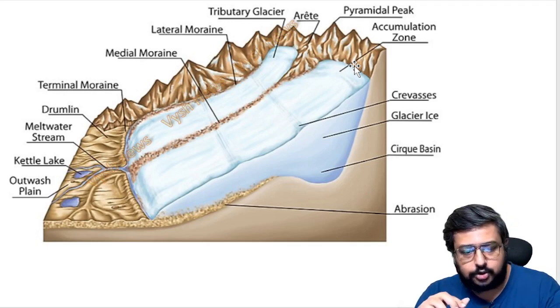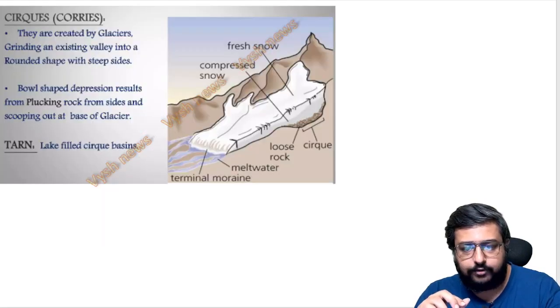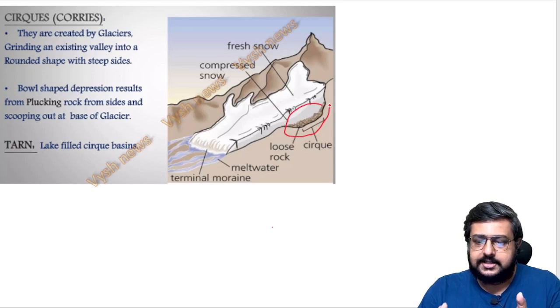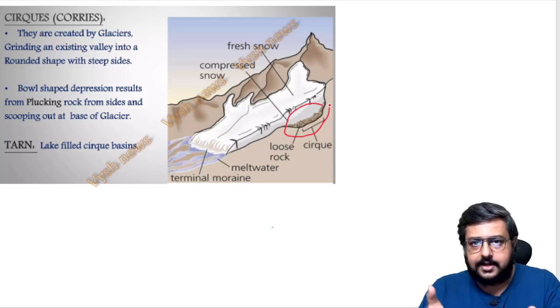Okay, so here also I will show you some definitions so that it will be easy for you. Like the cirque is the thing which you see here in this picture. It's the same mud kind of deposit, but it is below the glacier, you can see. Okay, here. This is the cirque kind of thing. Like that, multiple cirques can be there, and a cirque can be separated by another, which will have another name. So each thing has a different name in geography terminology.